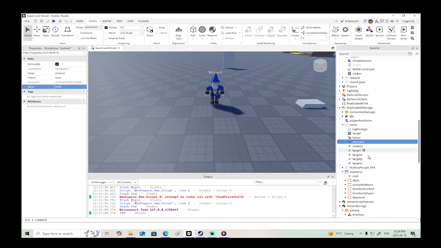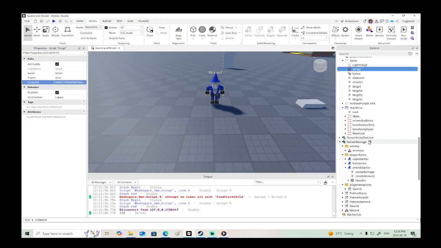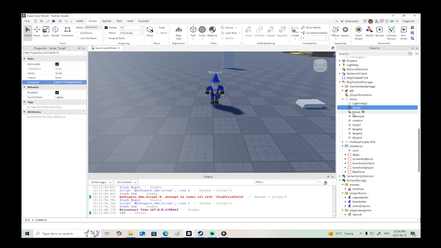So then when the projectile hits the hit part,